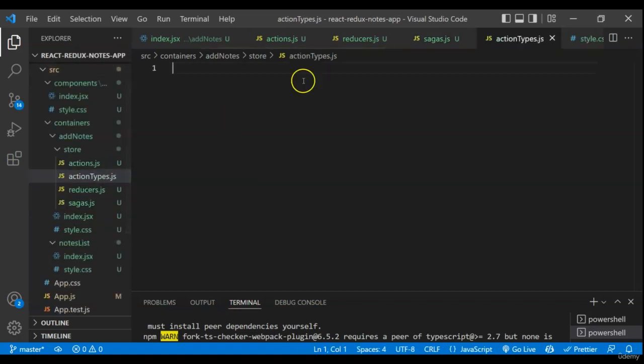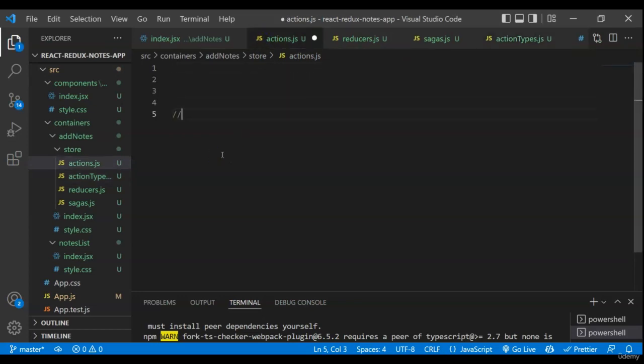Alright, now we'll go to this particular action. What is this action all about? An action is simply a JavaScript function. This action should have a type property. This type property will basically be used to identify that particular action, and based on that it will do a certain operation, and it is mandatory. And there can be an additional